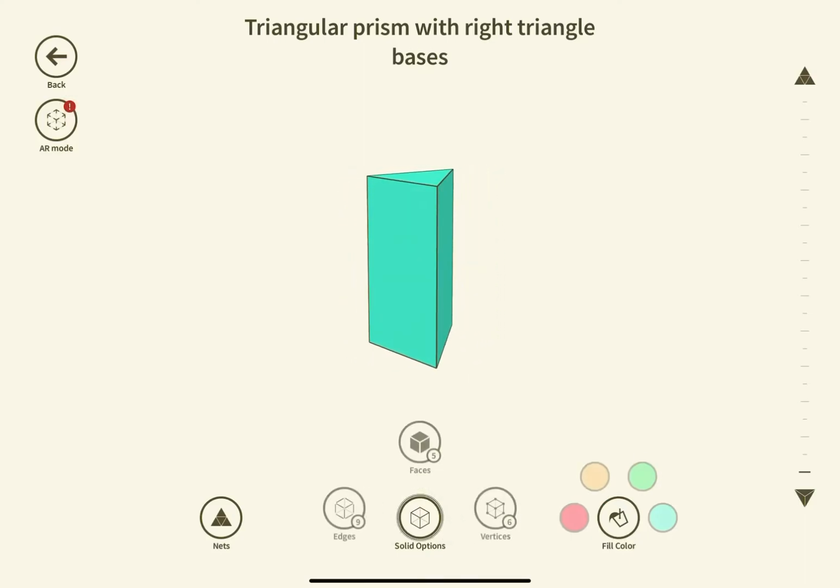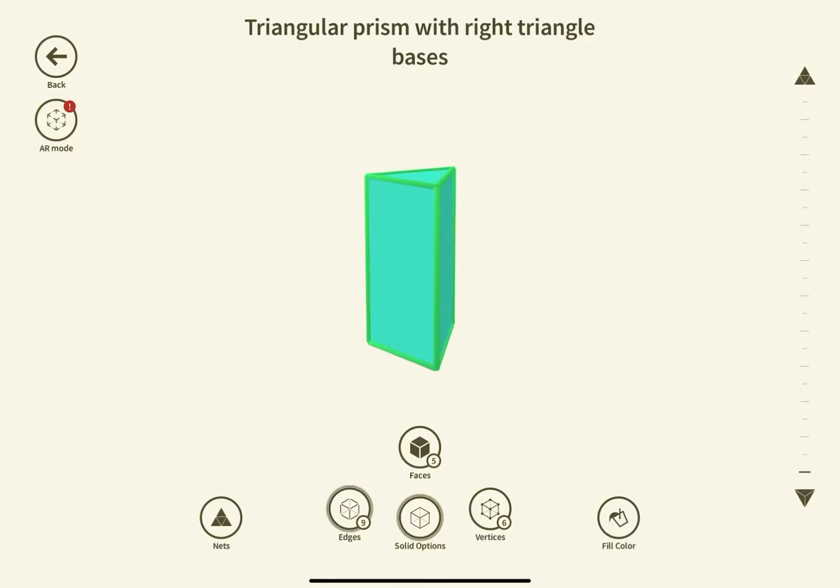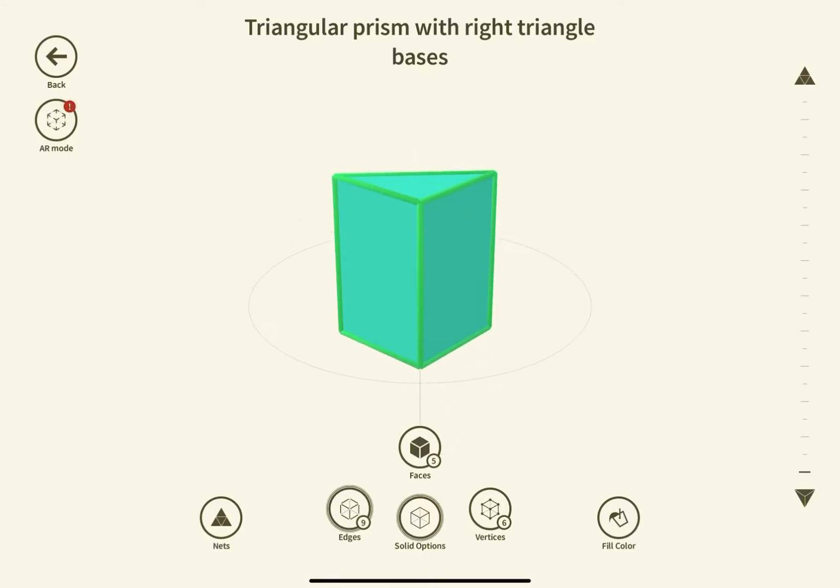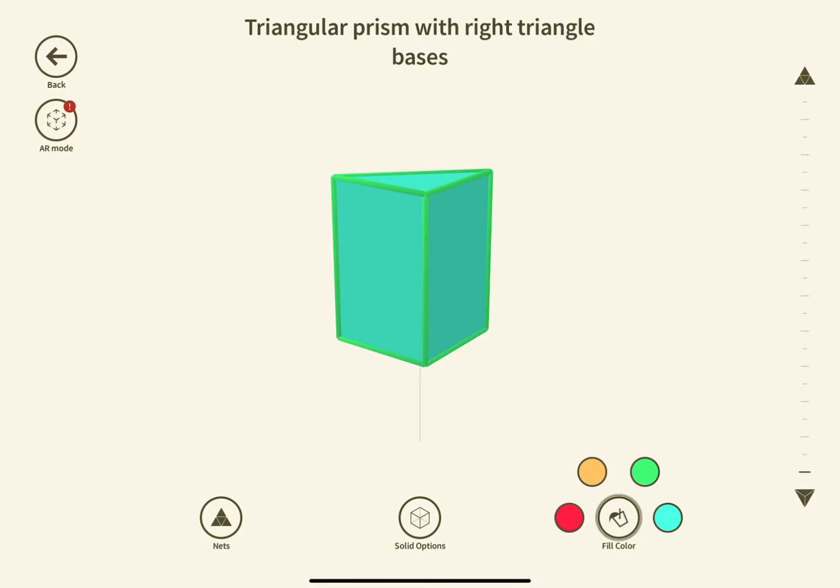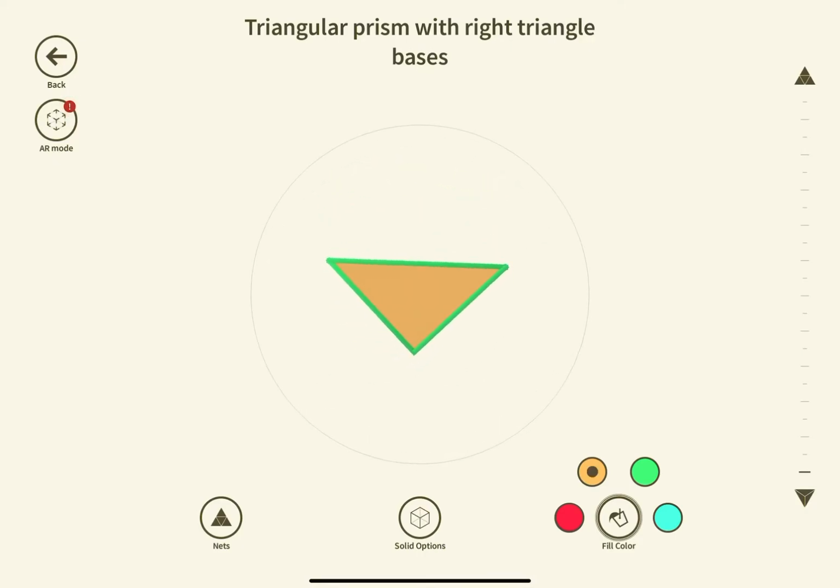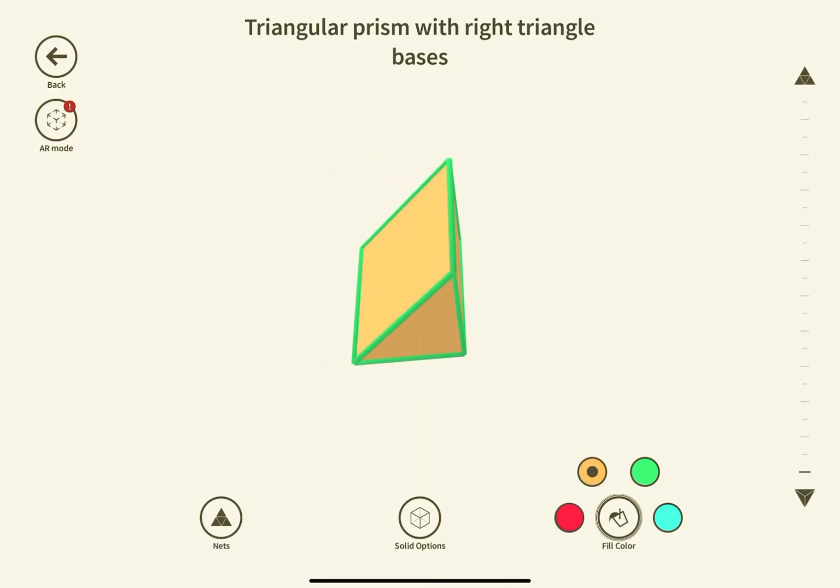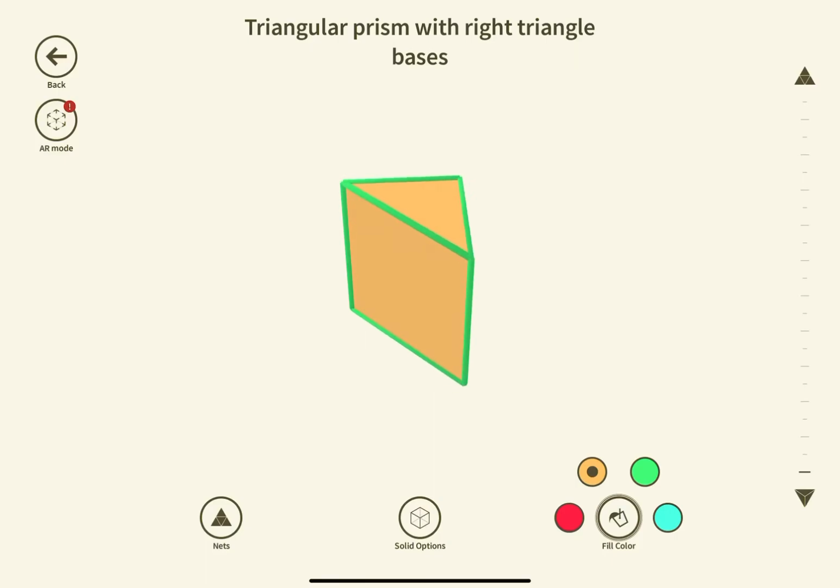Then I can go over here and I can see, oh, look at that, there's 9 edges, and then they're highlighted. Maybe a little bit hard to see. If I change it to maybe that yellow that we had before, you can see it better. Right, so there's 3 faces there, 4 and 5 faces. Okay, we can get rid